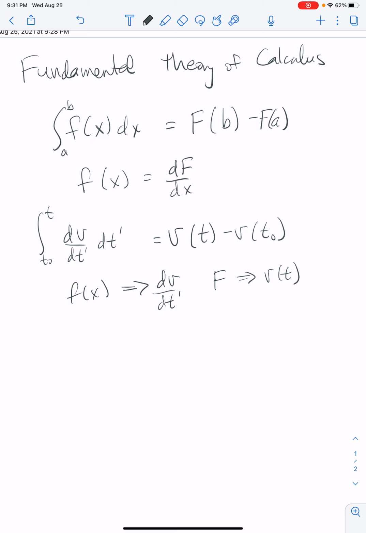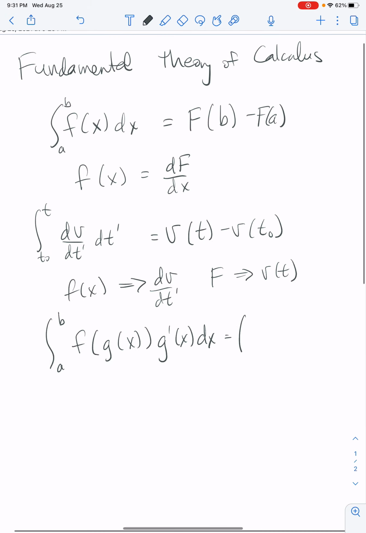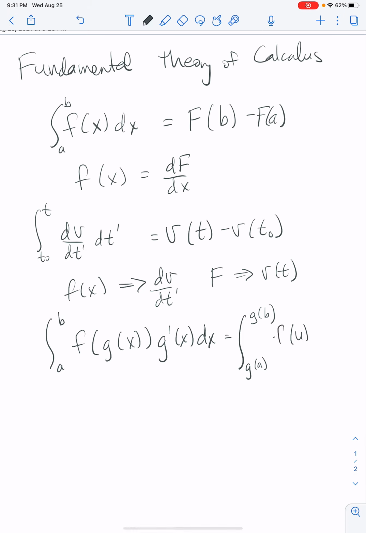To think about that, I will remind you that if you have some integral that looks like this, and you may have also seen this described as u substitution, the integral from a to b of f of g of x times g prime of x dx is